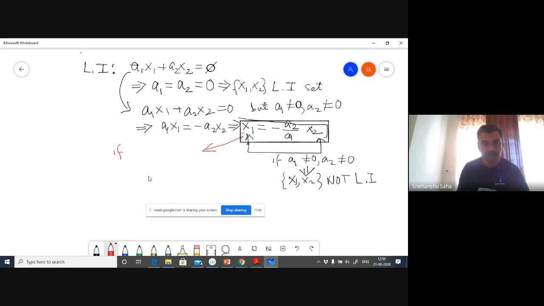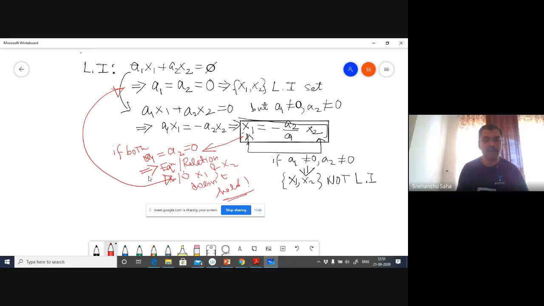If both a1 and a2 are identically 0, then there is no way that the equation itself, the relation between x1 and x2, doesn't hold, right? And therefore,